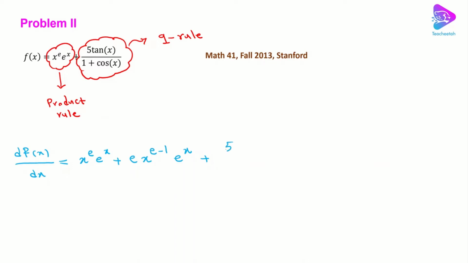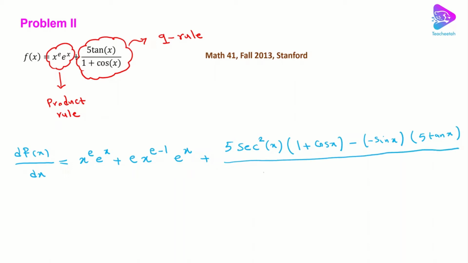So it's going to be 5 secant squared x times 1 plus cos x, and now we have to take the derivative of the bottom part, which is going to be minus sine x times the top part as it is, 5 tan x, over 1 plus cos x